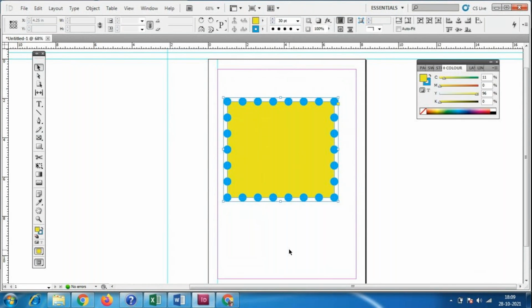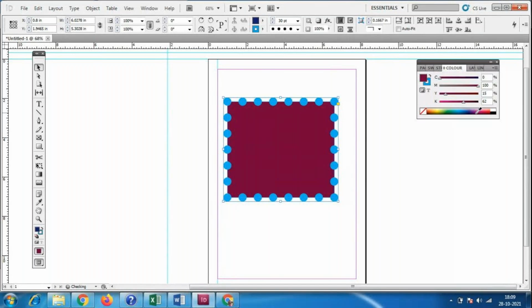It is very easy, and we have this color option also. There is an eyedropper tool; you already know the eyedropper tool from Photoshop software. You can select the color according to this. Whatever colors you want, you can select them like this. Here, when you click on this color,